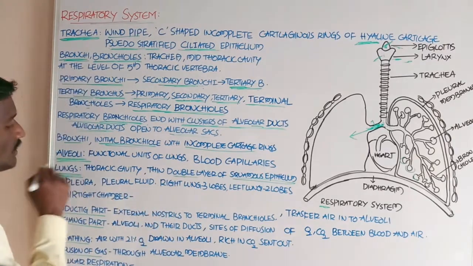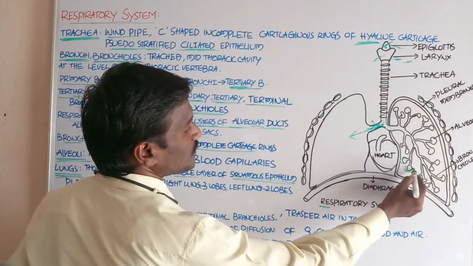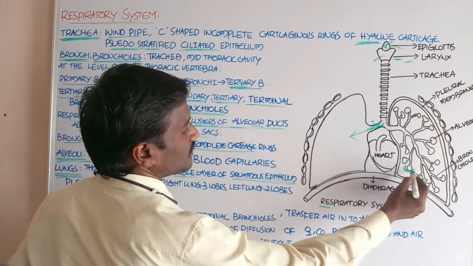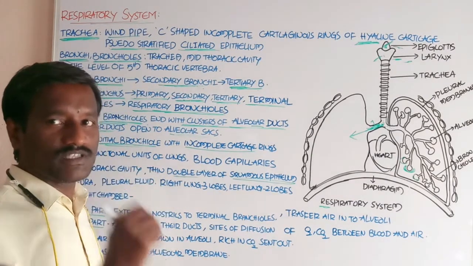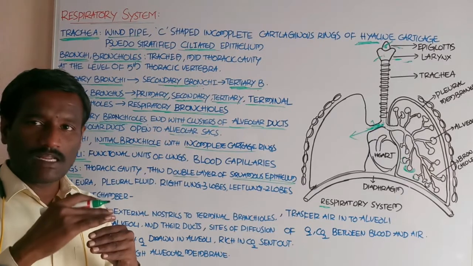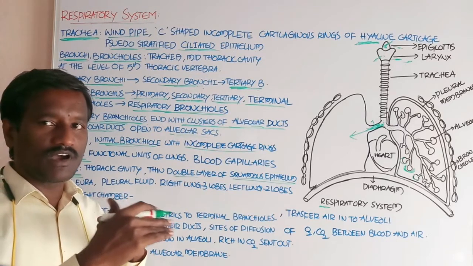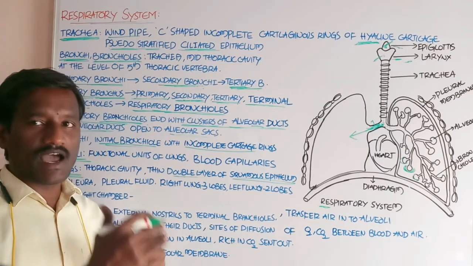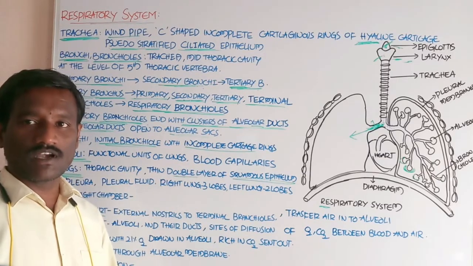What about the alveoli? Alveoli are spherical, round-shaped, bag-like structures. They act as the functional units of each lung and are many in number. They have many blood capillaries, and as blood flows through these capillaries, there is a chance for exchange of gases such as oxygen and carbon dioxide by the process of diffusion.